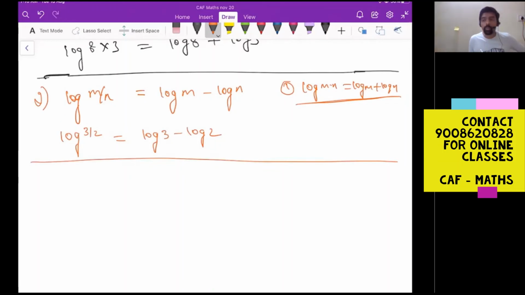Okay, this is the second property. You have to remember all the properties. Remembering is not sufficient. You have to use the property at the right time, in the correct situation. The question will not tell you whether to use the first property or the second property. You should decide that. Depending on the situation, depending on the requirement, you have to choose the correct property.